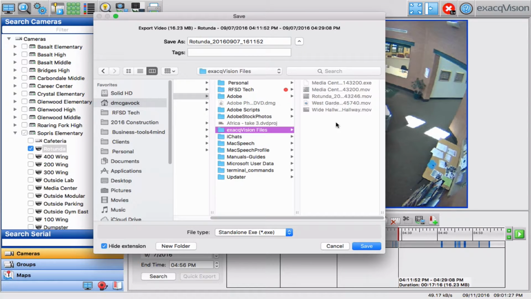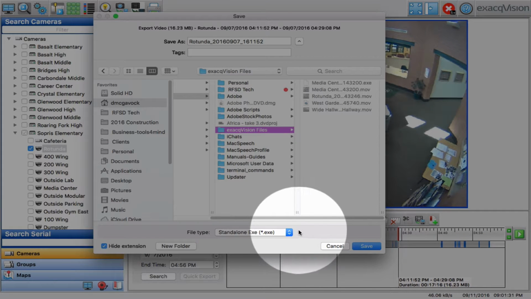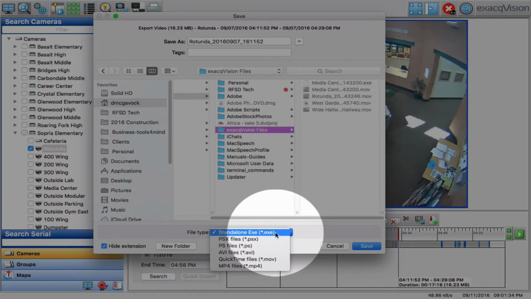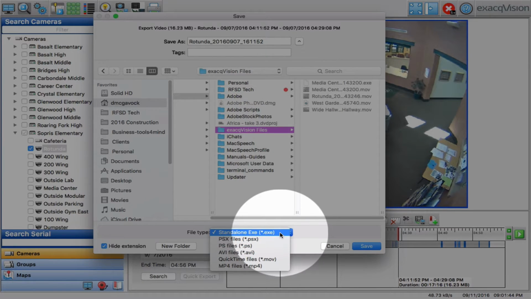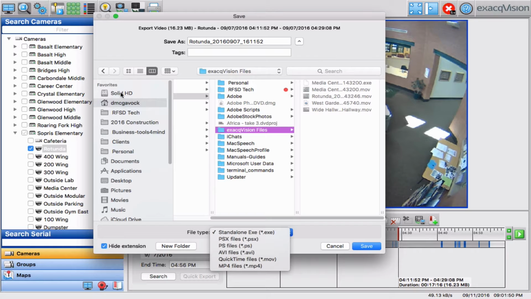That's where you'll find footage if you've ever downloaded any. I also have the choice as to whether I want to save it in the .exe format or the .mov or any of these others. But the most common are the .mov for QuickTime or the .exe if you have the EDVR player on your computer. And that's located,